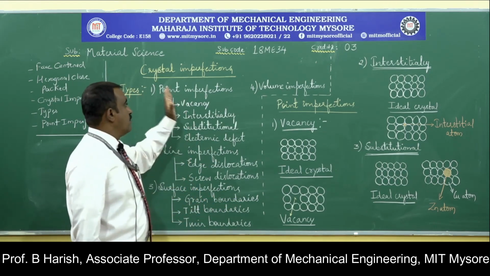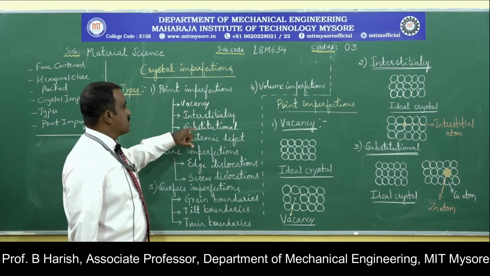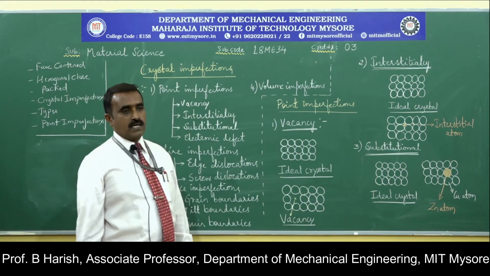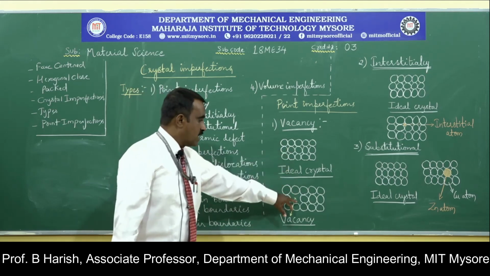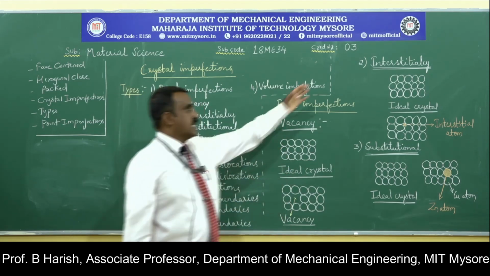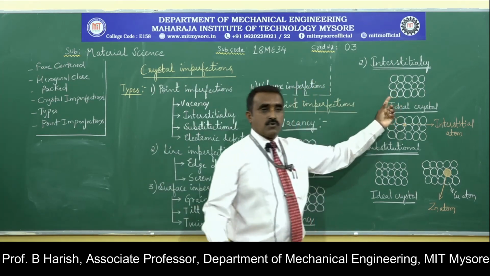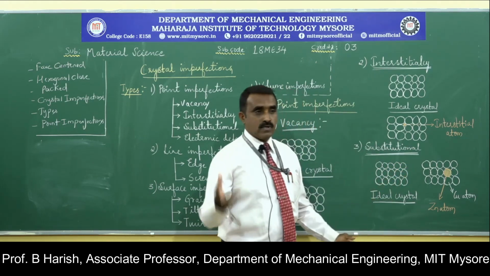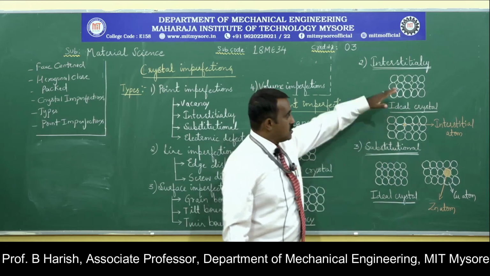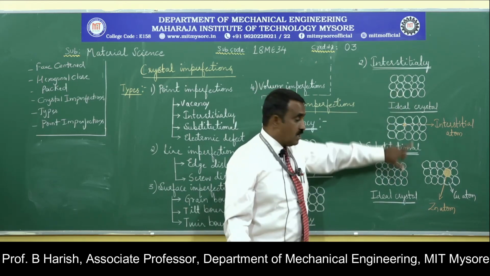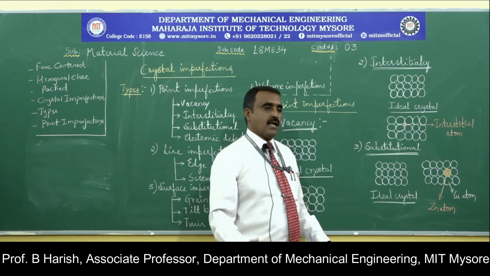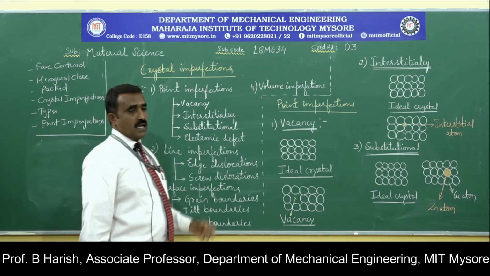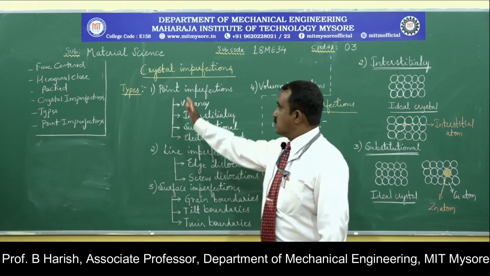So these are the four types of point imperfections: vacancy, interstitial, substitutional, and electronic defect. In all the cases, it is a localized imperfection that is seen, at a particular point. A vacant spot is created by movement of atoms in case of vacancy. In the interstitial case, a foreign atom tries to occupy the interstitial space. In the third one, substitutional, once again a foreign atom is trying to substitute. You can see the difference here: here it occupies the interstitial space, here it substitutes for the original atom. That is called a substitutional imperfection. And the last one is the electronic defect. These are the four types of point imperfection.